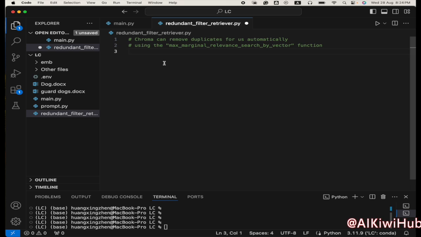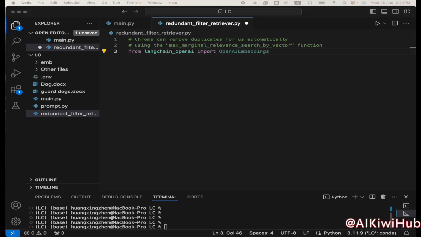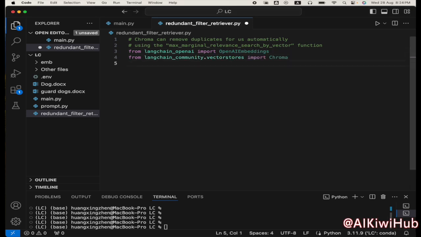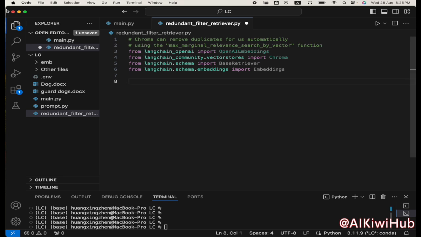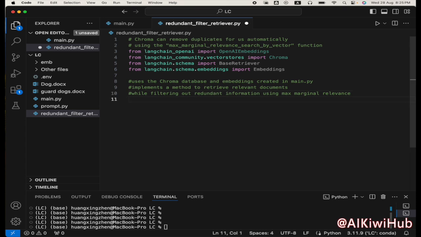Let's import relevant libraries first. From LangChain OpenAI, import OpenAI embeddings. From LangChain community.vectorstores, import Chroma. From LangChain.schema, import base retriever. From LangChain.schema.embeddings, import embeddings. Next, use the Chroma database and embeddings created in main.py, and implement a method to retrieve relevant